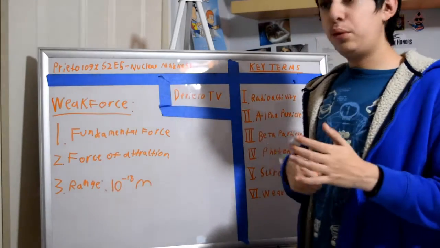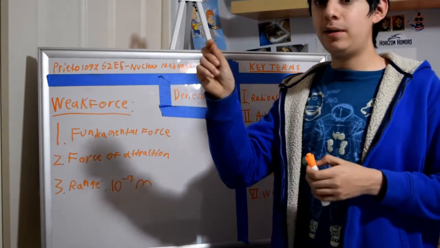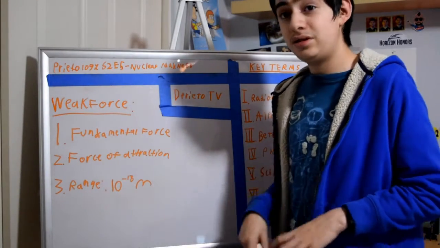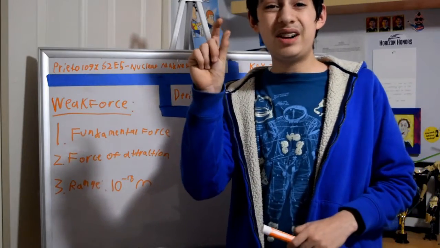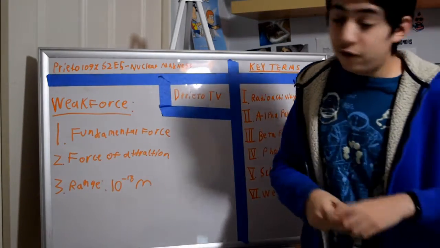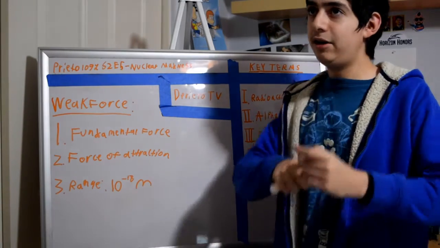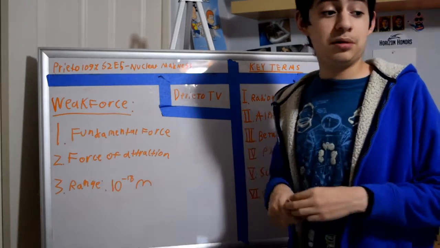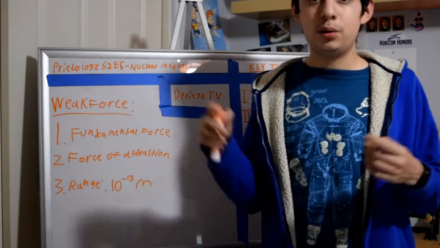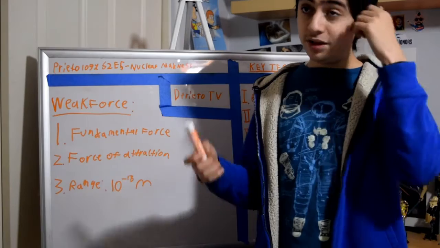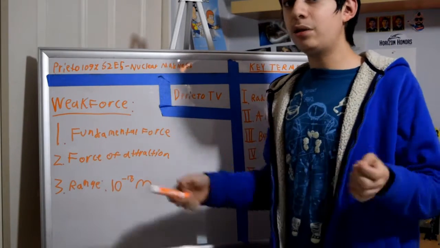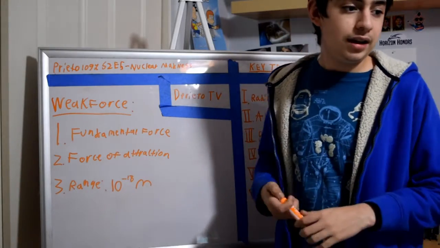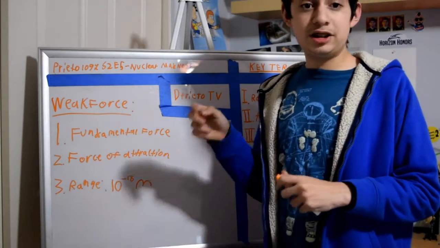The range of that weak force, remember the range is how much the force can be applied to. It can be applied to 10 to the negative 18 meters. So this has to apply in very small spaces. Fun fact, the carrier, or the particle that carries it throughout the universe, is the W positive, W negative, and Z0 particles. These are also known as the weak bosons, which are in the same family group as the photon, which, like we heard, is the quantum fundamental particle of light. So these, like I said, are force-carrying exchange particles.